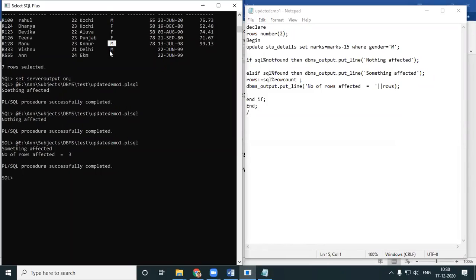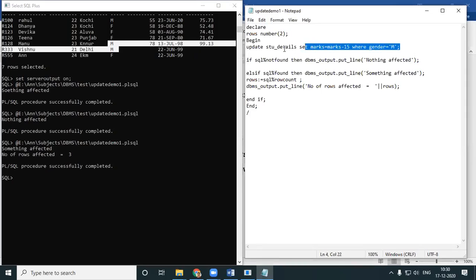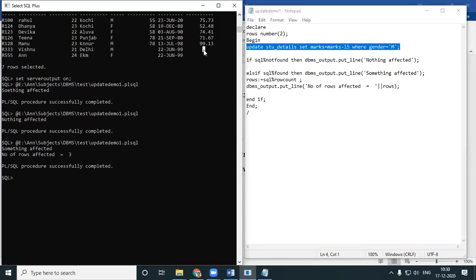In fact, you have 3 males. One male you do not have marks for, but actually there are 3 rows affected. Whether it has a mark or not is not an issue. You do have 3 rows affected with this particular query.